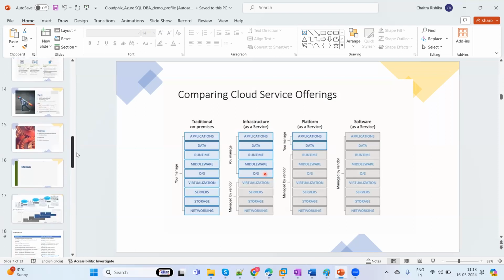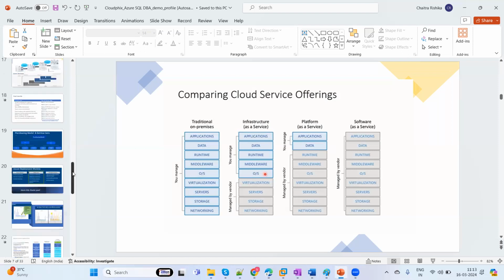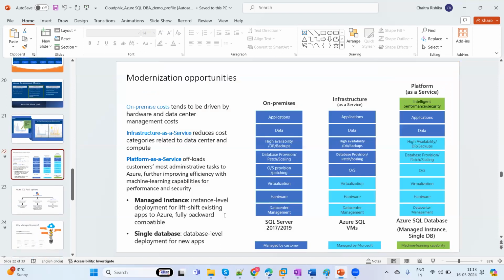So what I want to explore here is this. On premises, this is everything that we are going to focus on, right? But with respect to SQL, in the cloud we only consider infrastructure as a service and platform as a service. Why am I talking about this? Take the example of Azure SQL VMs, which is the best suit for infrastructure as a service, because the virtualization, hardware, and data center management that we talked about